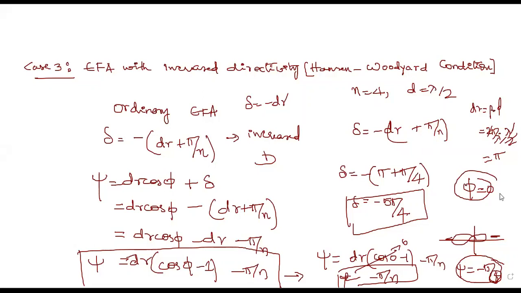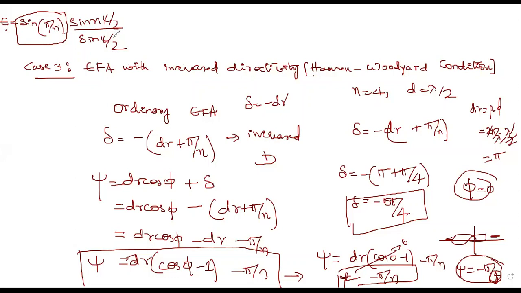Similarly, for this there is again no derivation. You can remember the electric field equation given for the increased directivity: sine pi by n into sine n xi by 2 by sine xi by 2. So if you see, the electric field is increased by a factor sine pi by n. So the electric field intensity of the increased directivity end fire array is sine pi by n into sine n xi by 2 by sine xi by 2. So this equation mainly improves your directivity.